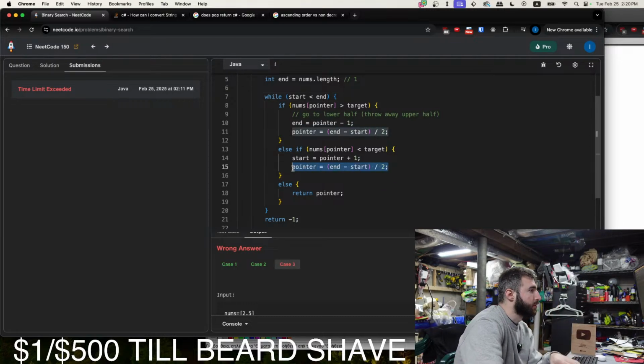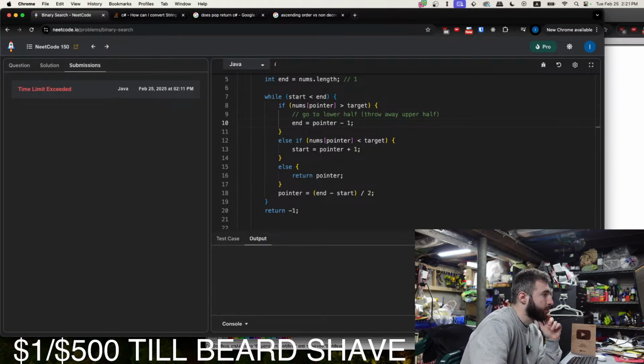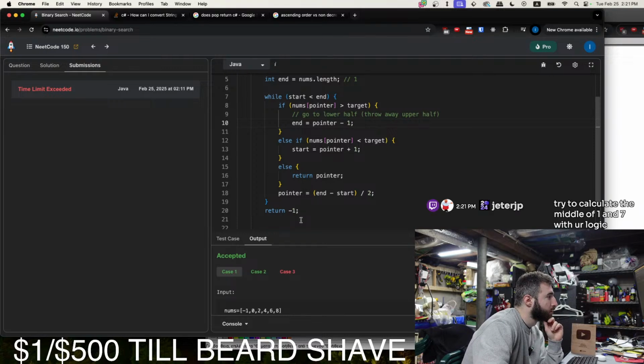Could also move this out. Refactor that.